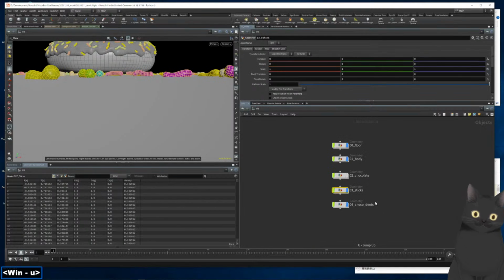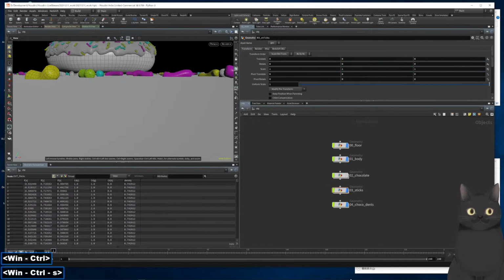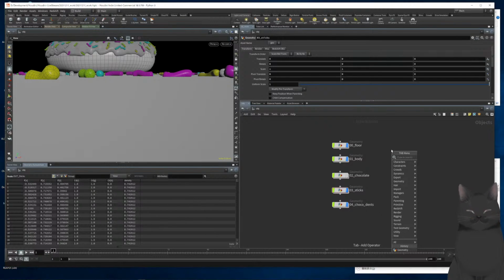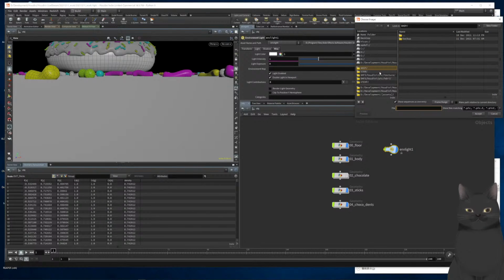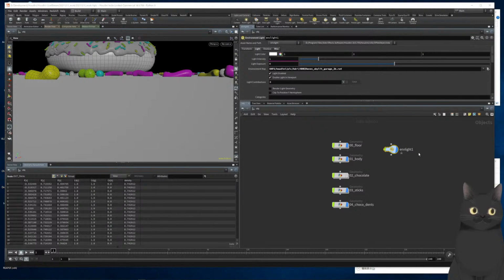Alright, let's save it again. And now for illuminating this, I use an environment, and I guess a HDRI should bring fast results. So we can pick one of these and just create a mantra PBR node, set up a camera, lock it,